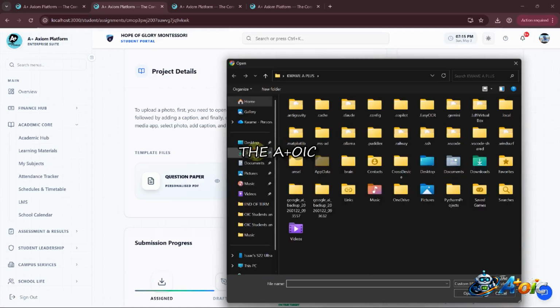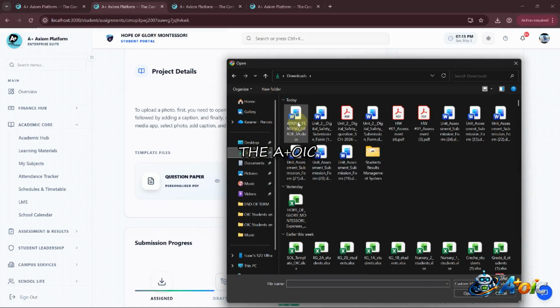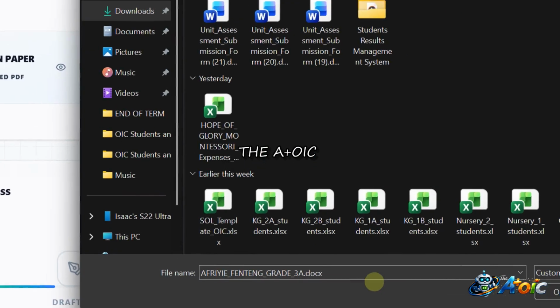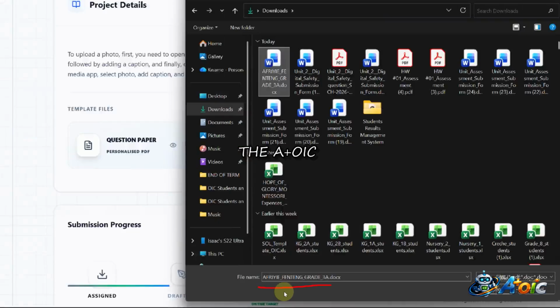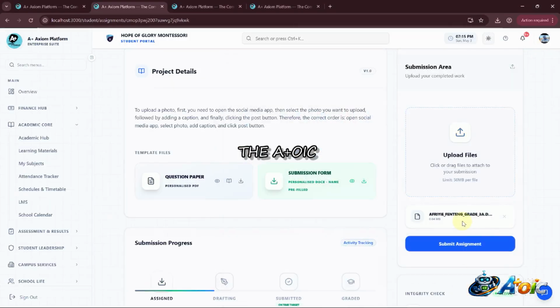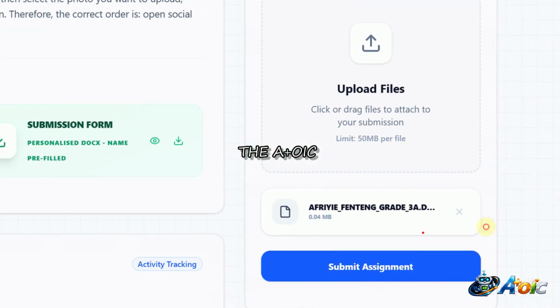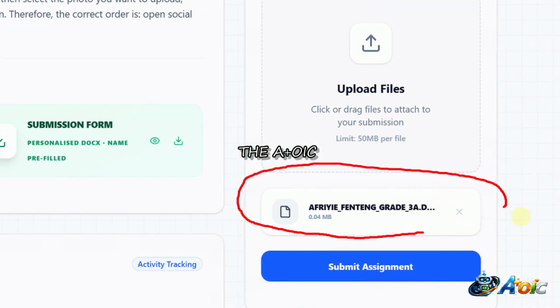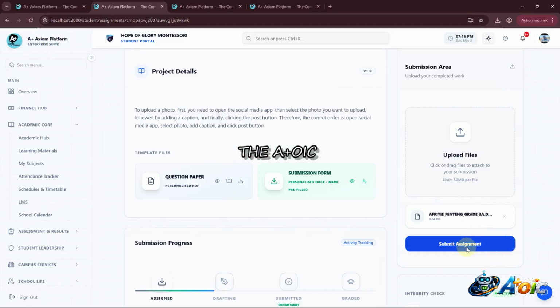I have to go and look for it. I placed it at downloads, right? So this is it. So I click on this, and then you see that the name even shows. I click on open, and now we can see that it has been uploaded. So you click on submit